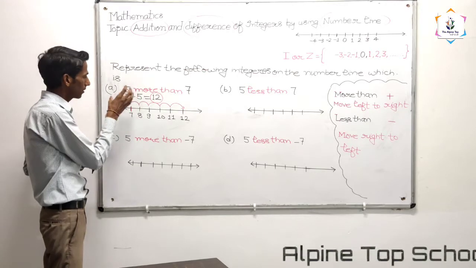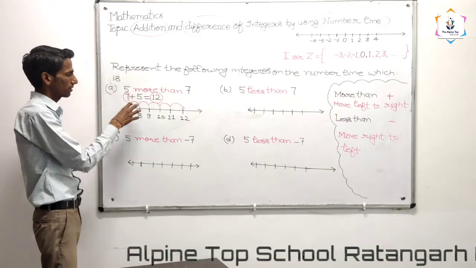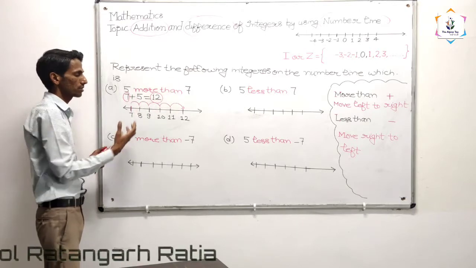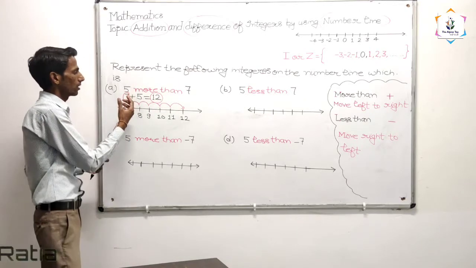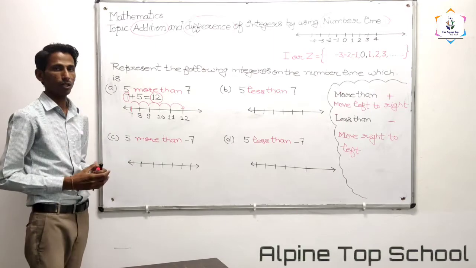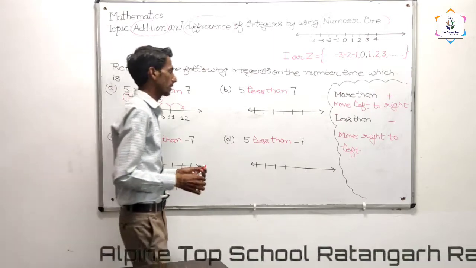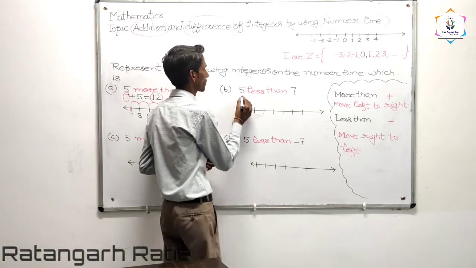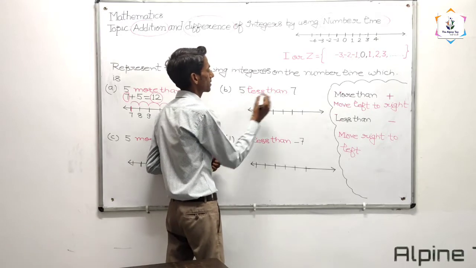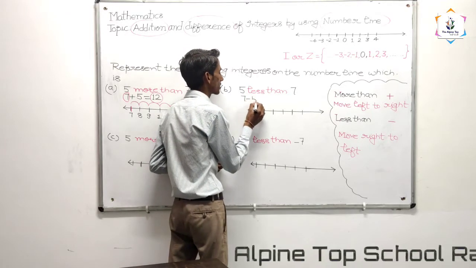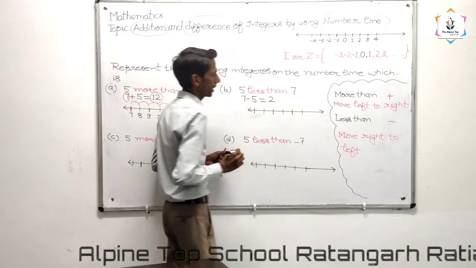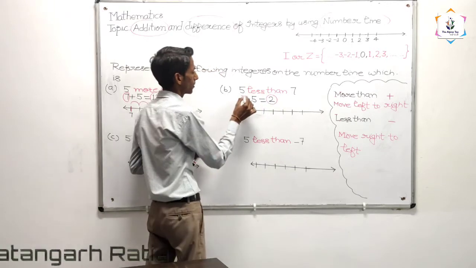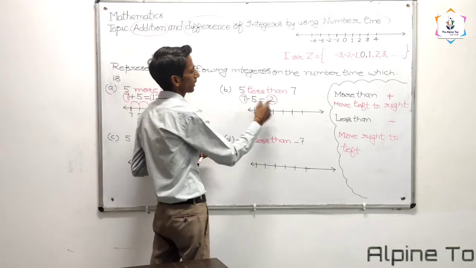But here in the first problem we have discussed the sum of two positive integers, how we can represent the sum of two positive integers on the number line. Let's come to the second example. See, 5 less than 7. Firstly we have to do the calculation. We need a number which is 5 less than 7. Obviously 7 minus 5. The result is 2. We have to represent this 2 on the number line. What is the starting number? Starting number is 7, and resulting number is 2.